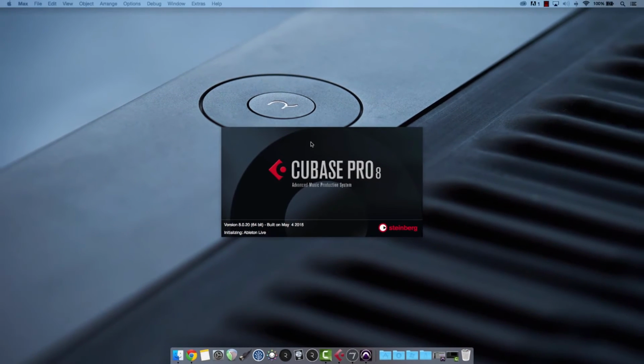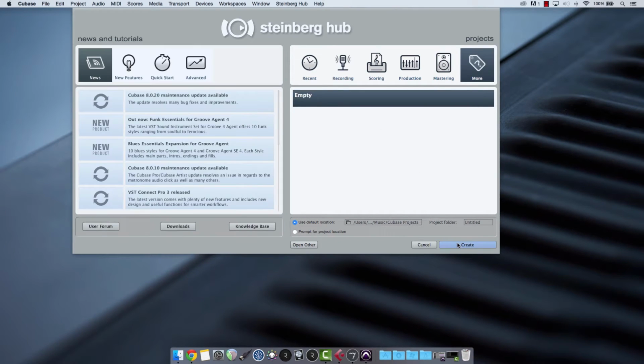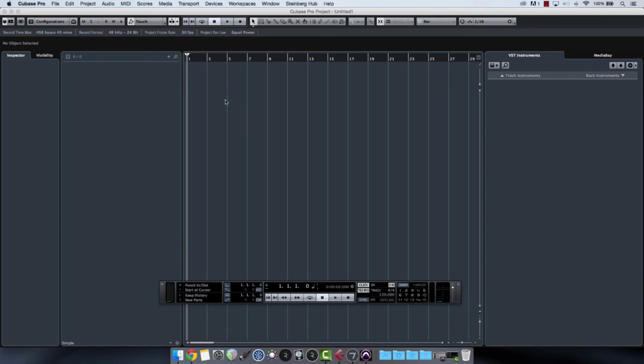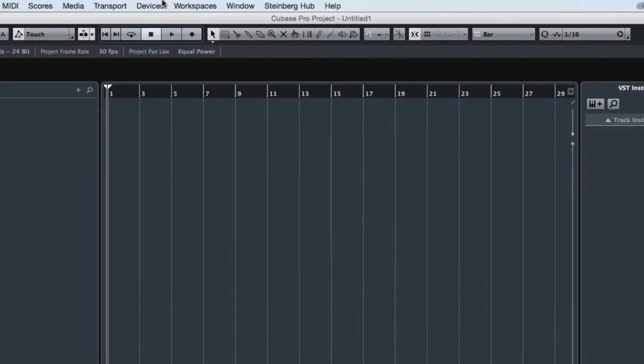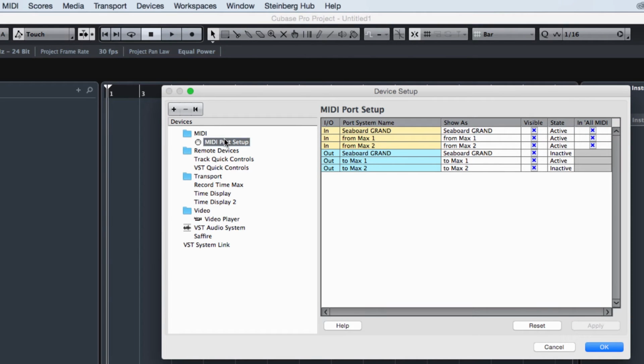From here, you could either create a new project or open an existing one. I'm going to start a new project. The first thing to do in Cubase is to check it sees the C-board as a MIDI input device. To do this, go to the Devices tab and then click on Device Setup. Next, click on the MIDI Port Setup tab. And finally, make sure the C-board shows up as a MIDI input device and the state of it is